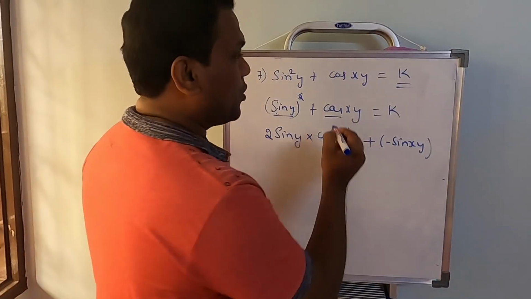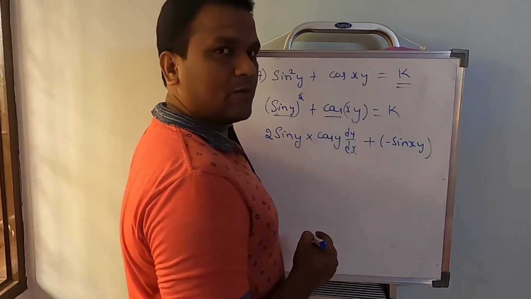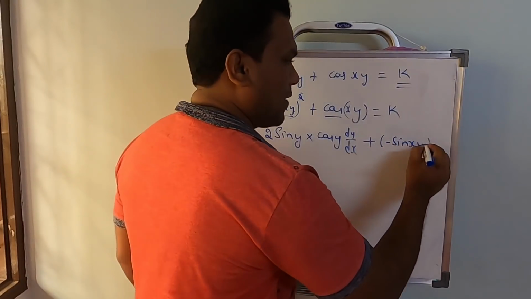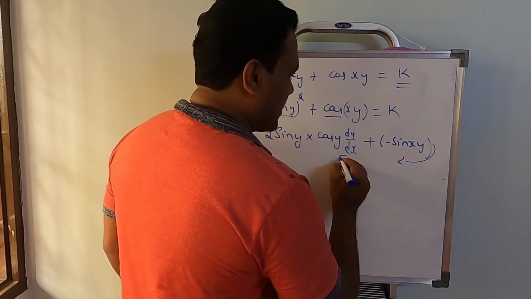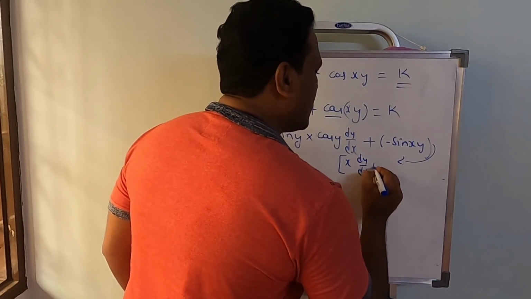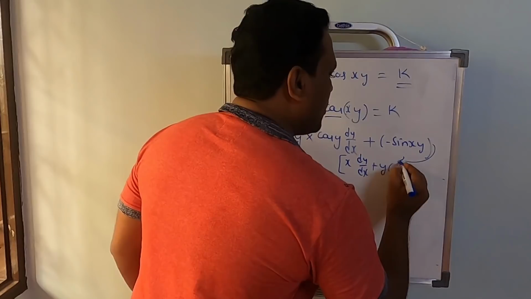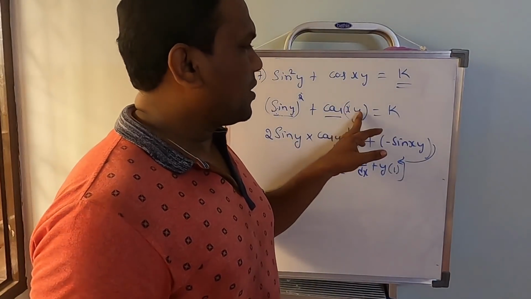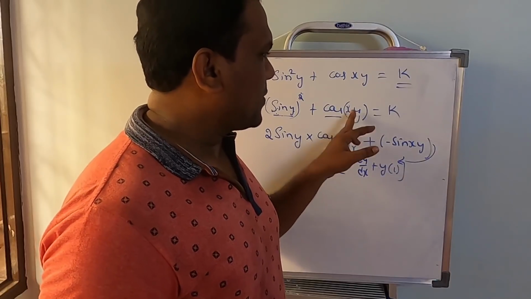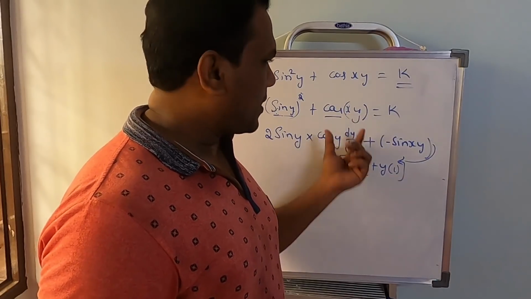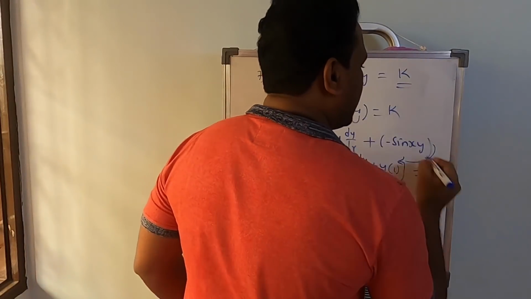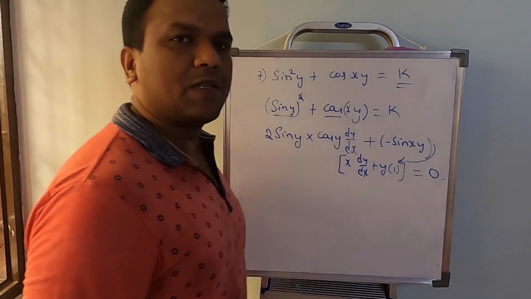It's not over. You differentiated cos, now xy has to be differentiated. So differentiate xy by using the product rule. After this, a bracket has to be written. Differentiation of xy: x into dy by dx plus y multiplied by 1. First function times the differentiation of the second function, plus second function times the differentiation of the first. This 1 is because of the differentiation of x. Practice this product rule for xy. Now look at the right side. The right side is a constant, so the differentiation will become 0.